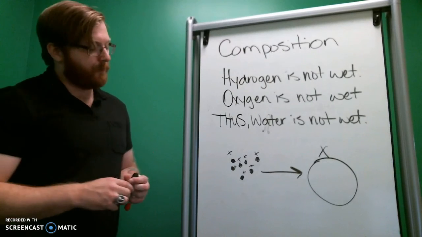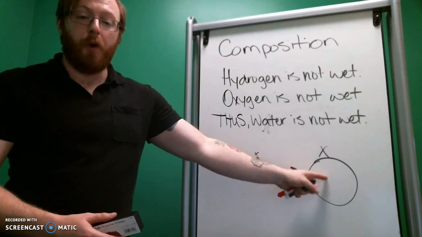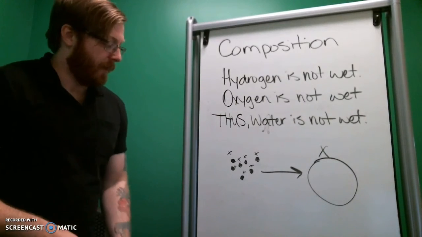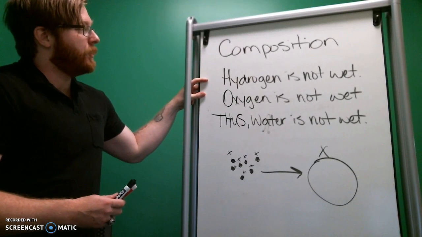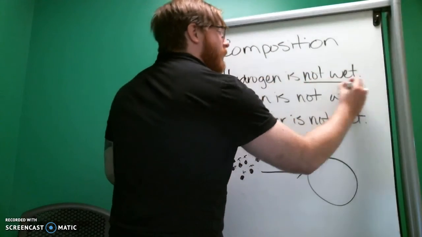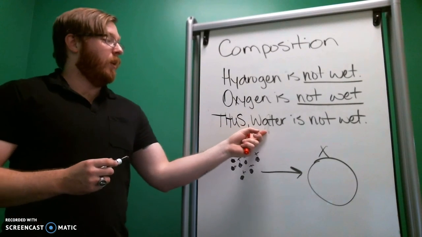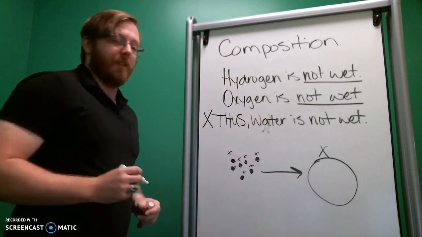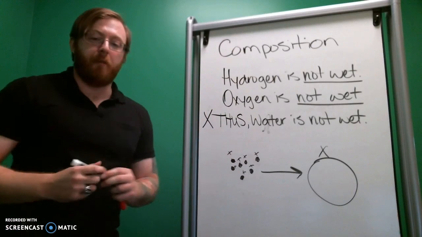But that's just not true. Right? It doesn't follow necessarily that just because the parts all share something, that the whole will have the same thing. Right? So, perfect example here. Look at the parts of water, right? So hydrogen is not wet. Oxygen is not wet. So here's our property, right? Not wet. Each of the parts is not wet. Therefore, water is not wet. But clearly that's not true, right? So clearly this is false. So just because each of the parts have something doesn't mean the whole will have it.